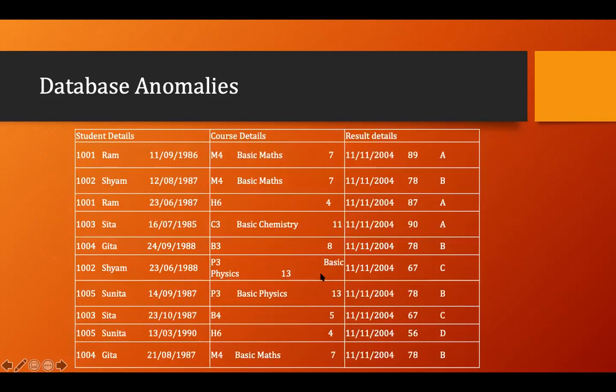So what happens in the deletion anomaly? Let's say I want to delete this M4. I cannot delete only the M4 or this particular record. I have to delete the whole row. So this data will also be deleted, this data will also be deleted, as well as this data. If you see, Sita is twice, Ram is twice, and Sham is also twice.